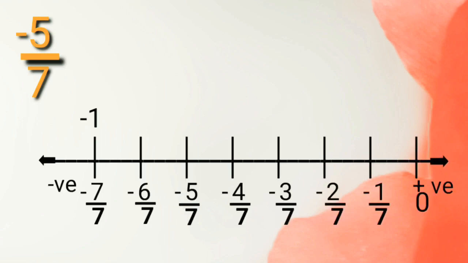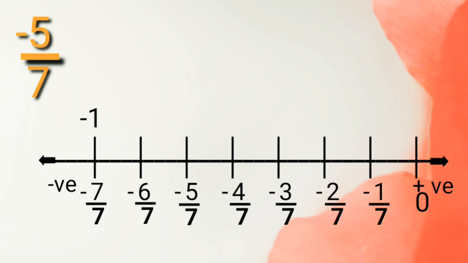So next is the representation of rational numbers on a number line. How can we represent rational numbers on a number line? For example, you have -5/7. This number is negative. First of all, you have to draw a line. This procedure is a little bit different from the representation of integers. So how will it be?